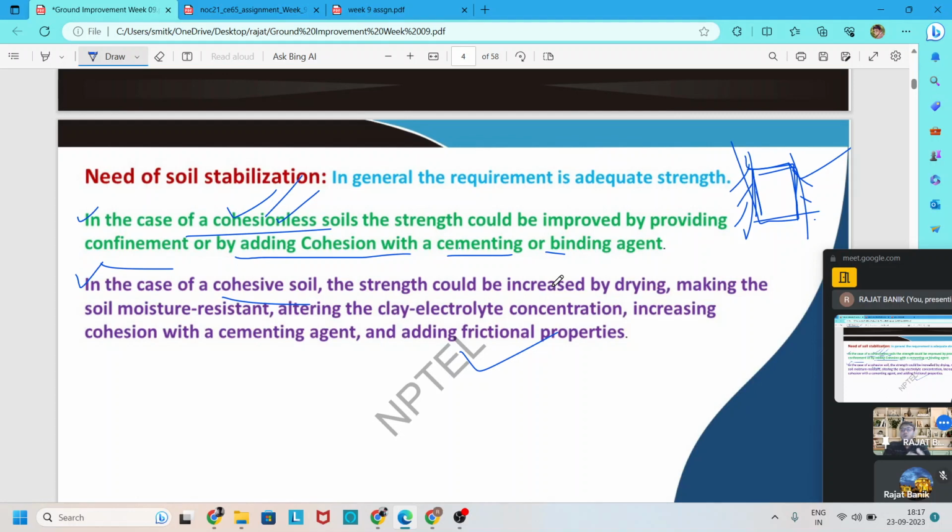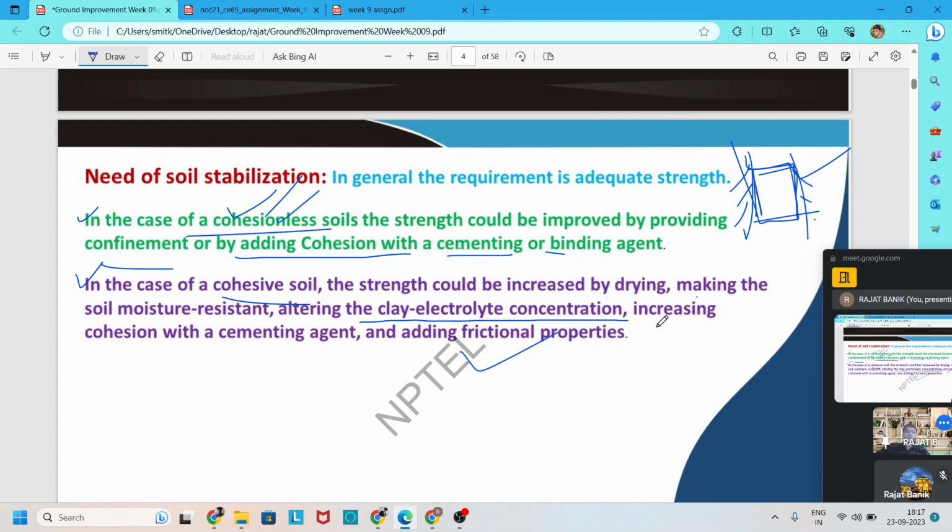So we apply some additives or chemicals which are used to dry this cohesive soil. For that reason also we use soil stabilization in cohesive soil, and also for altering the clay